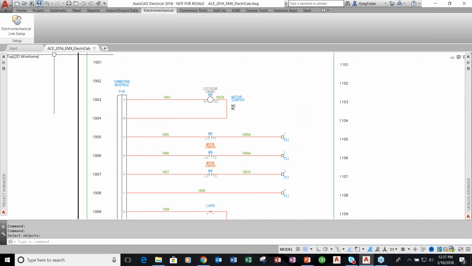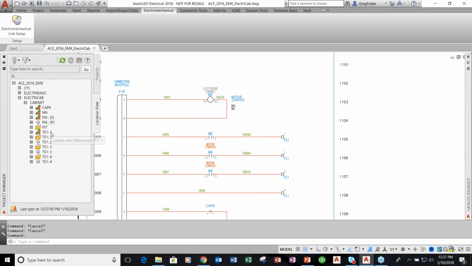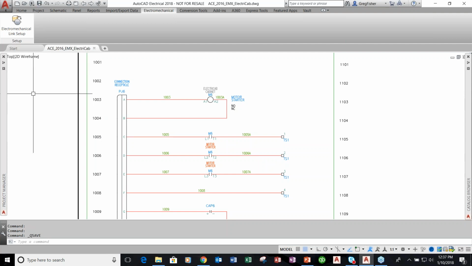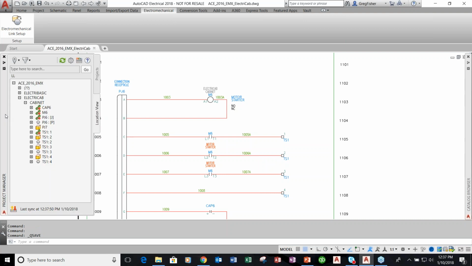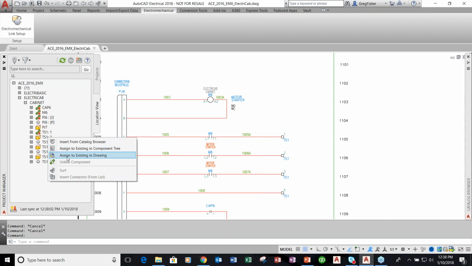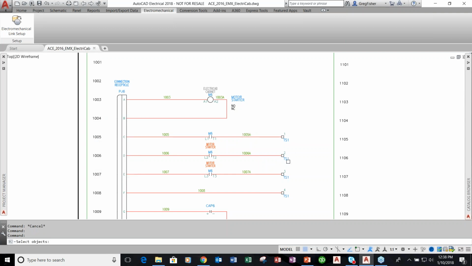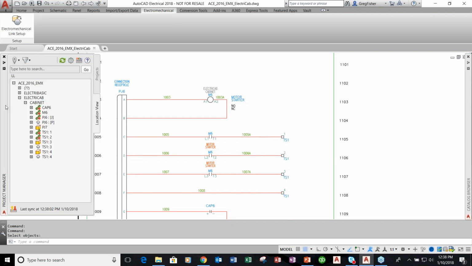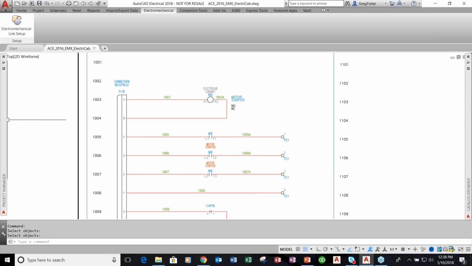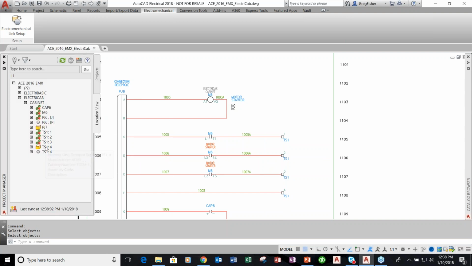and I was supposed to save it first, but even though I didn't save it, you're going to see that it's still rectified bringing those two together. So in reality, I didn't really need to save it, but you're going to get that warning anyway. So I'm going to do the same thing to 2, 3, and 4. So I'm going to assign this one, go back to my project manager, right-click, assign to the drawing, pick number 3, right-click, assign to the existing drawing,